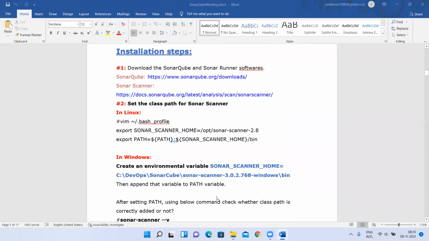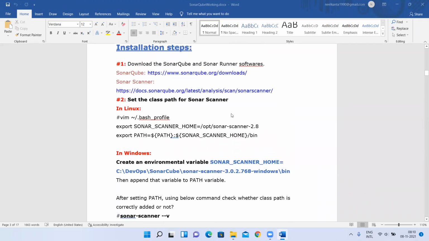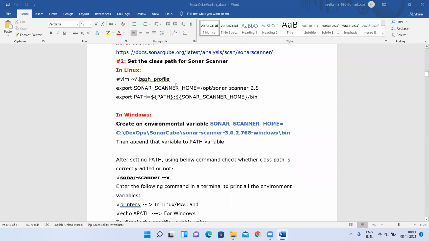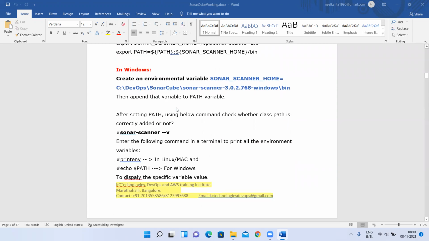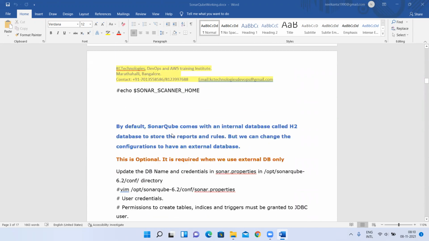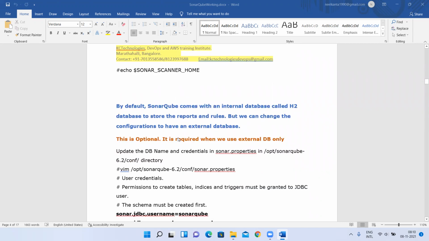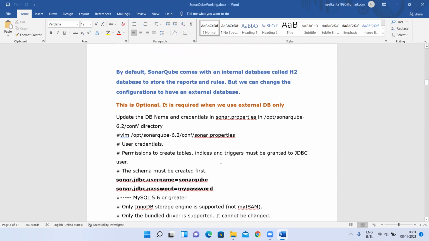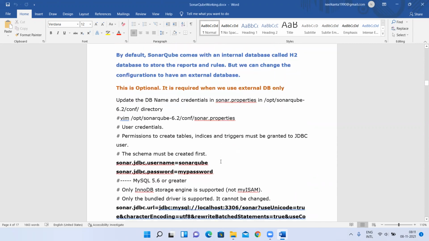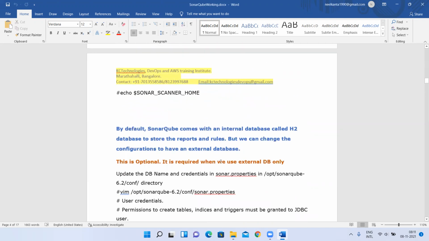And to download SonarQube scanner on Windows, it is the same. You have to download the SonarQube server software, and you have to download the SonarQube scanner also. You need to set the path for SonarQube scanner. Once you set the path, you can run sonar-scanner -v to see the version. Then you can go on to scan the project, but you need to have Java 11, and I have only 8, I think. Okay, I'll show that Windows part later. I need to upgrade it to 11. Okay, for now let me discuss that.